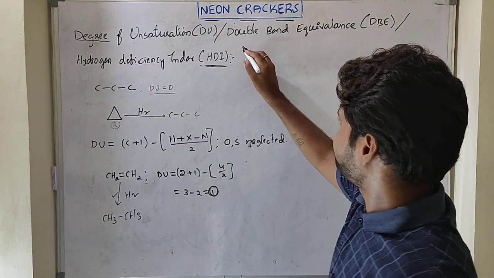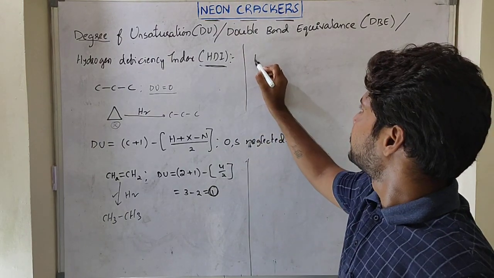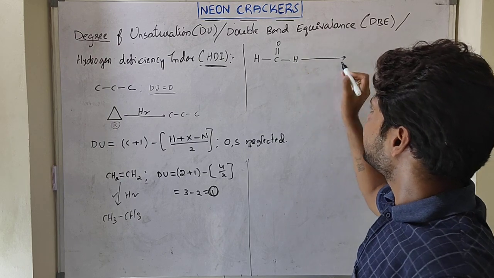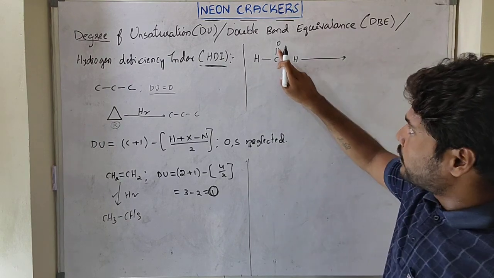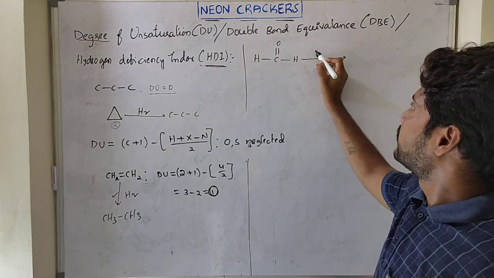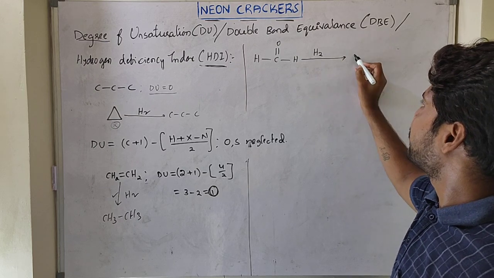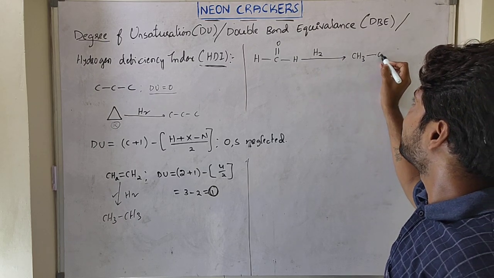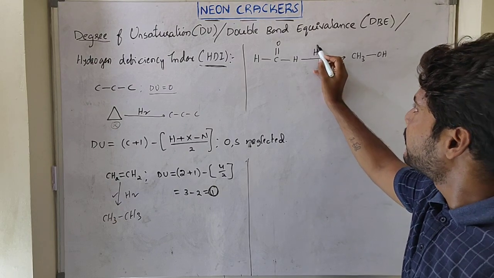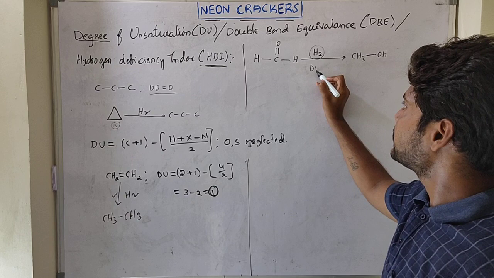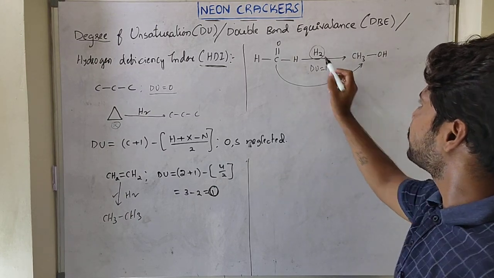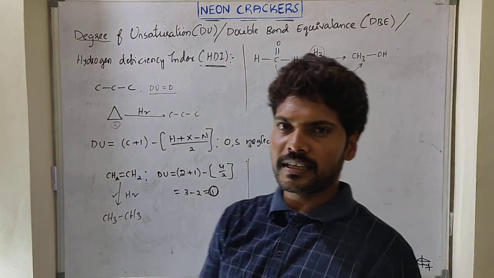Okay. Now, if we take formaldehyde, of course, directly you can say it is an unsaturated compound because the only carbon is an sp2 carbon, right? So according to normal data, how many hydrogen molecules does it require to prepare a saturated compound? Methanol, so one hydrogen molecule is required. Based on this, you can say indirectly, what is the DU of this one? 1, because from unsaturated to saturated compound, it requires one hydrogen molecule. That's why you can say indirectly DU is 1.